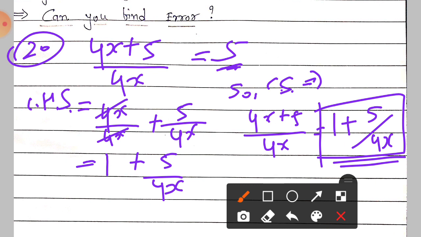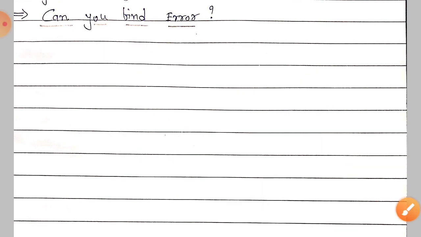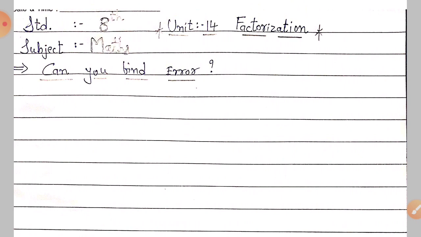Okay, students? I hope you understand exercise number 14.4. So here our chapter number 14 is completed. I hope you understand the fundamental formulas and theories explained in this lecture. Please don't miss any lectures, because chapter number 14 is in 4 parts. If anybody starts with this video, I request all of you to see the first 3 lectures first, so you understand what is there in this chapter, correct?